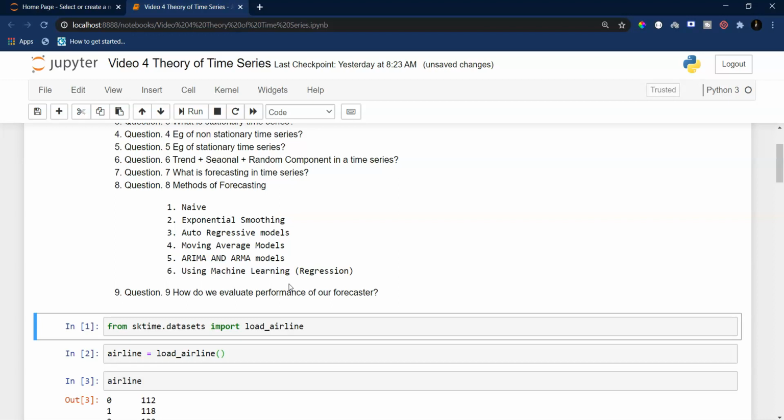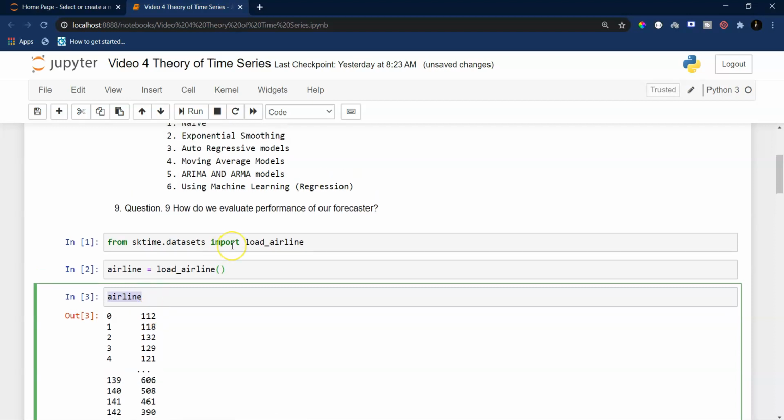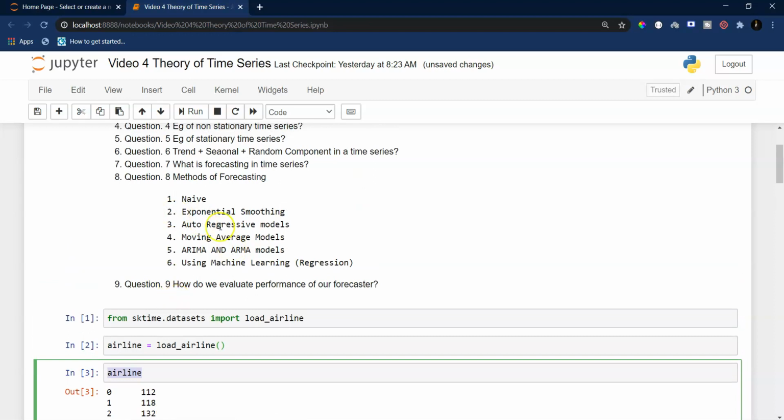after some set of videos I will be discussing this, because for regression we need to have our data set in a different format. For regression we need to have features, and those features need to have some sort of target. But in time series, as you have seen here, we only have a set of values in sequence. How can I get features out of this sequence? All of this I'm going to discuss, but right now just understand that we have these 6 methods of forecasting. We might also have some other methods, but right now I'm aware of these methods, and we are going to be taking these 6 methods using the sktime library.